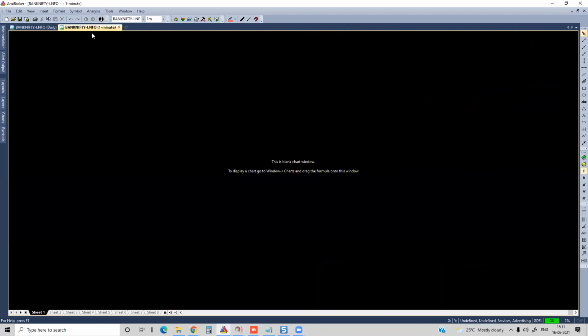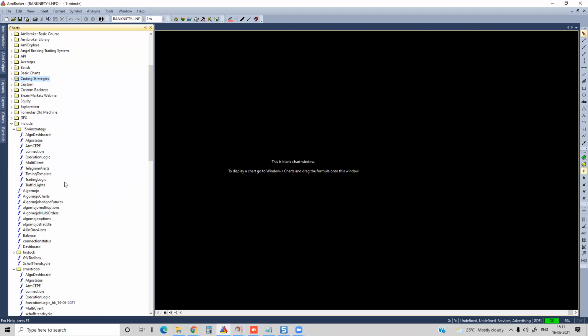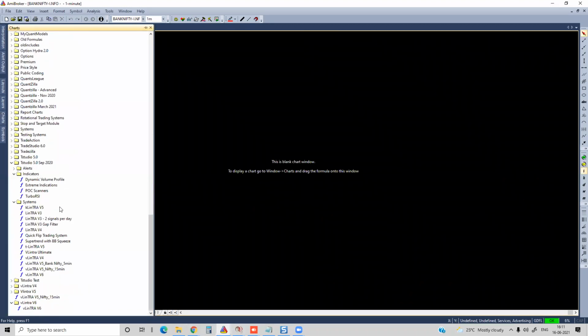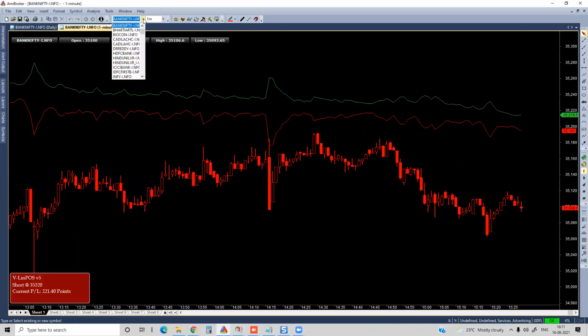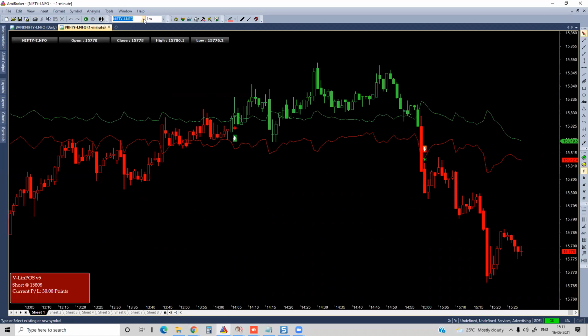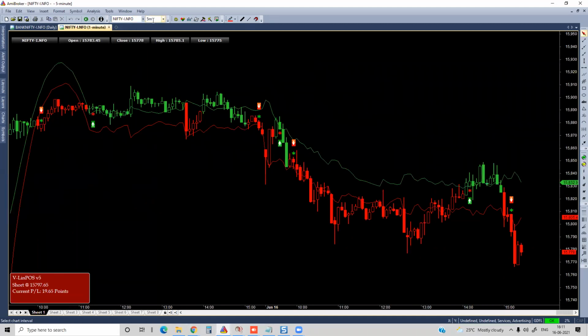I'll go to a new blank chart. I'll go to the charting section. Maybe I'll try to bring some strategy over here. All right. So I'll try to bring some Nifty, some 5 minutes is what I'm going to bring. Let us say today's strategy, I'll try to integrate. So what I can do here is with just 2 lines of code, I can automate my trading strategy.